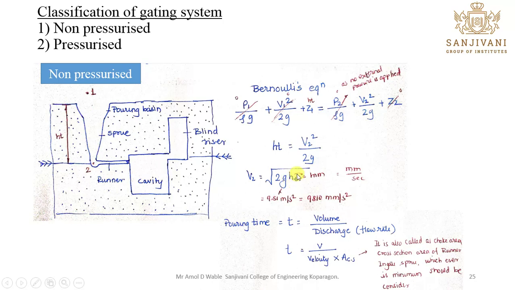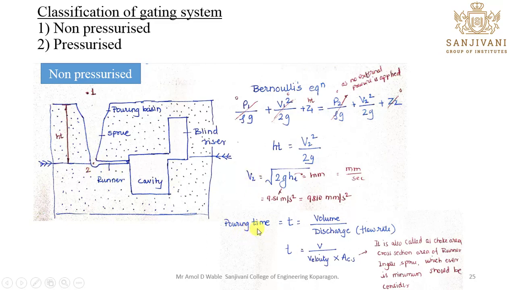If you are putting this height value in mm, you make this gravitational term in mm instead of meter, so you have to write it as 9810 mm per second square. Remember this concept. Many of you forgot to convert this term. Or, if you are writing this in meter, you convert the height term into meter, so you will get the exact value of the velocity at the bottom.